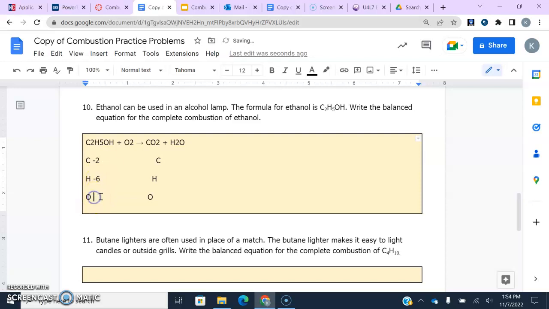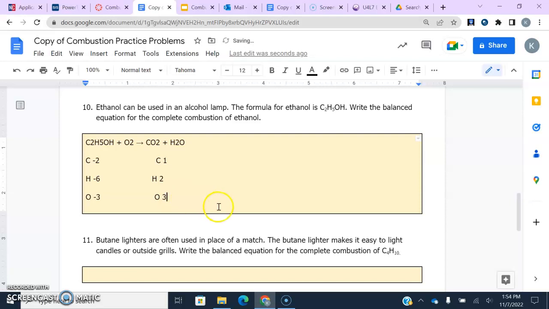I've been working all day. My eyes are playing tricks on me. And then we have 1, 2, 3 oxygens. Okay. So then let's look on this side. We've got 1 carbon, 2 hydrogens,